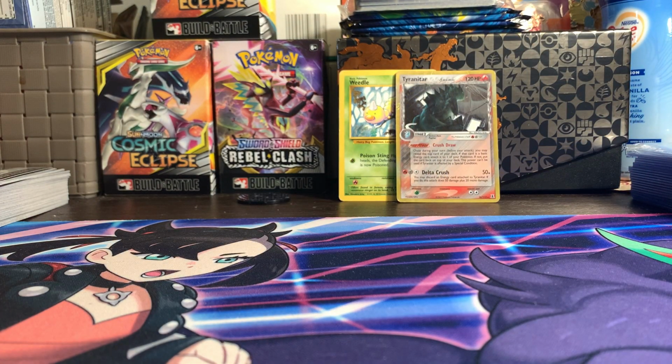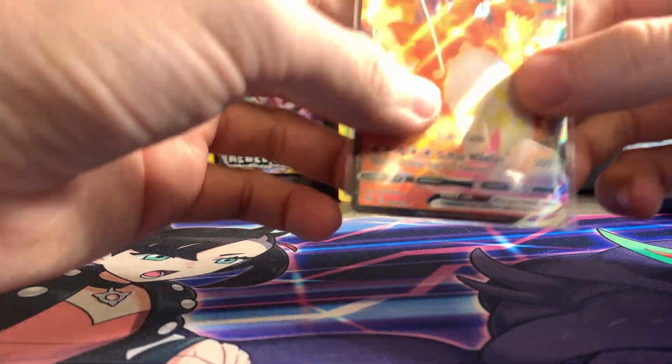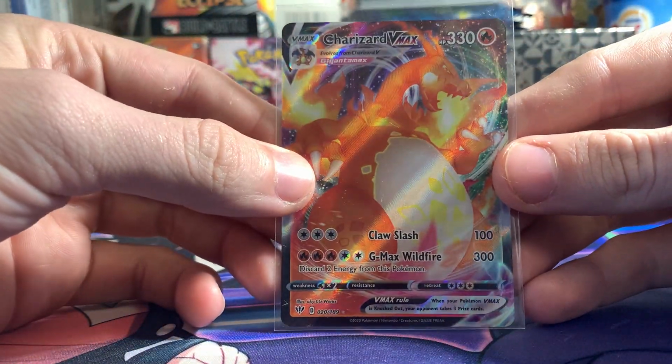You've got to remember that not all cards you pull from a pack are PSA 10s, because you can pull a perfectly mint, nice looking card and the centering can be off, so that's already a 9. And if you have any corner ticks or corner nicks, you're basically just going to have to deal with an 8. So the last card we're going to take a look at today, guys, is the big dog Charizard VMAX, which